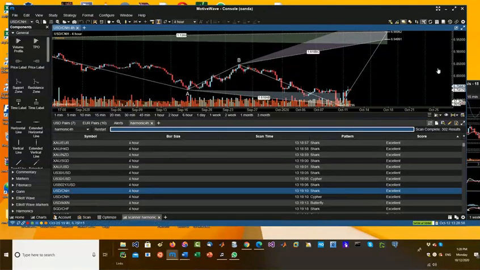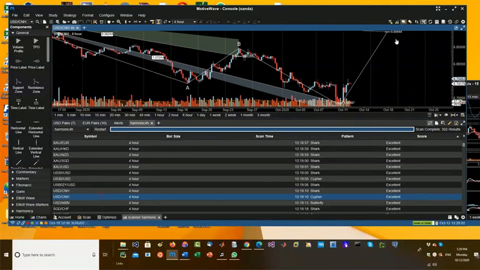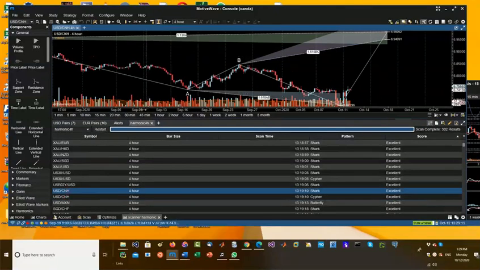Here's one that's going to do interesting. If any of all the pairs that I've seen, it will be the US Chinese yuan. You see we got two of those longs right there. So that's a pair to be on the lookout for. When you look at the market in China,